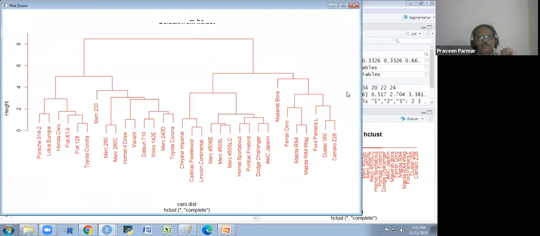So this is our plot, and so these are the clusters.